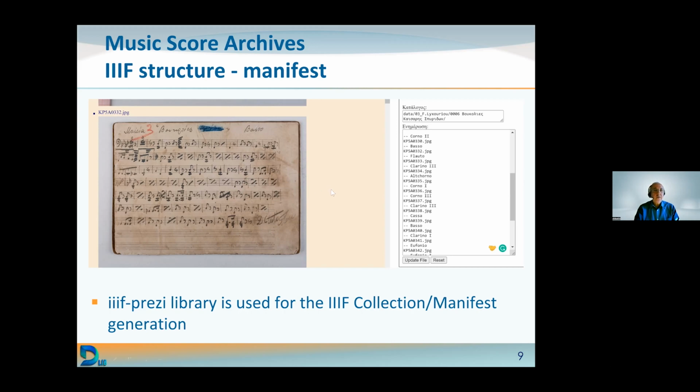We see on the left side there is a list. Each individual musical work consists of, let's say, all images related to it, and they are in one folder. The script lists all those images, and then, as we see on the right side, the